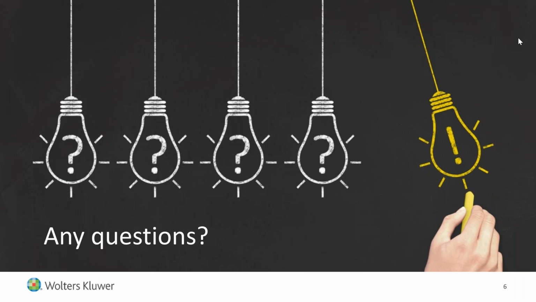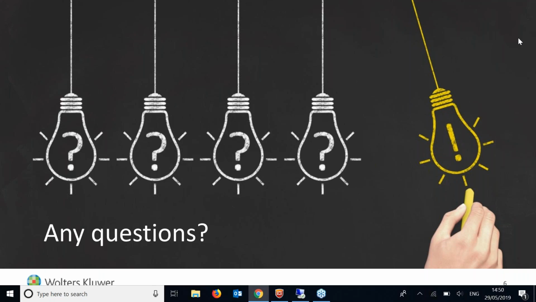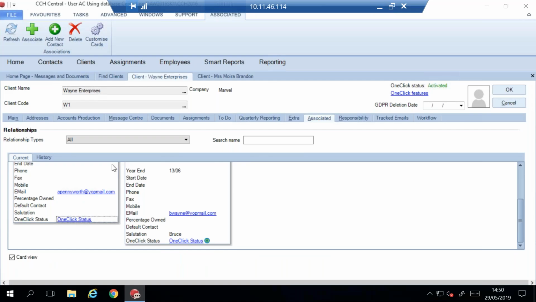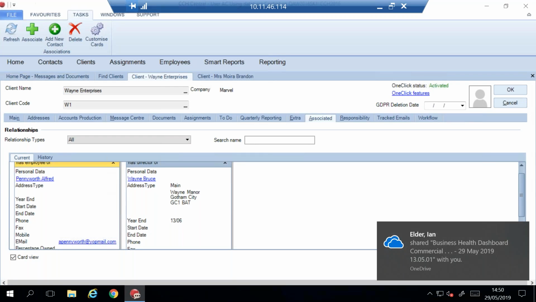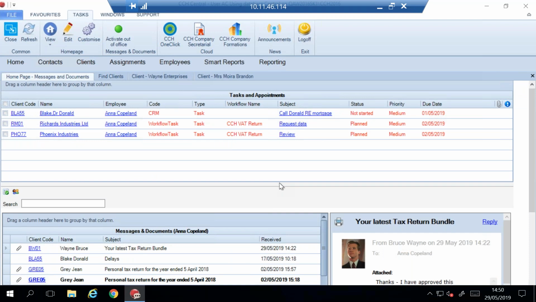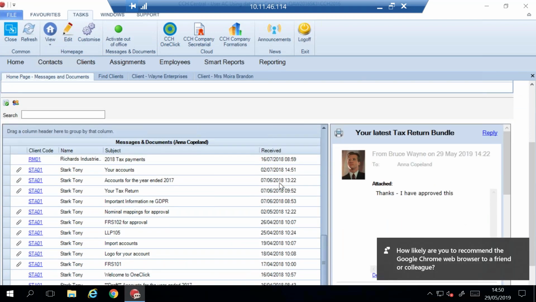Another question that I've seen in here: can employees use a shared mailbox? We do have a shared mailbox to a certain extent. I feel it's probably not exactly what this individual is looking for. I do get asked this quite a lot. Let me see if my virtual machine happens to be open still. Yes, it is. Brilliant. If I go onto my home page now,